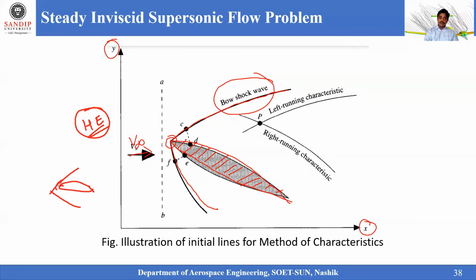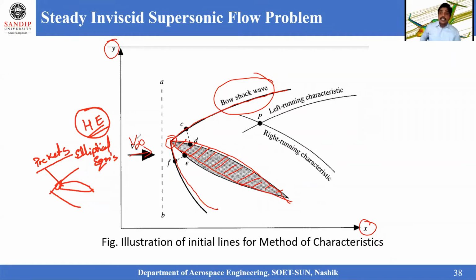So when the shock wave gets detached from the body, these pockets will result in the elliptical equations, and the CFD will bounce, or it will hit errors, or in some cases the resultant solution may completely hit an error. So initially, while choosing the problem, we have taken a problem in such a way that the shock is attached to the body, and it is not at a higher angle of attack, and within this zone it is forming a bow shock wave on it.